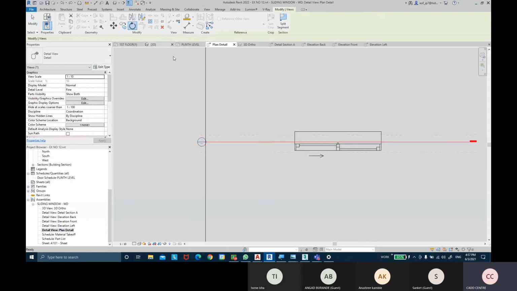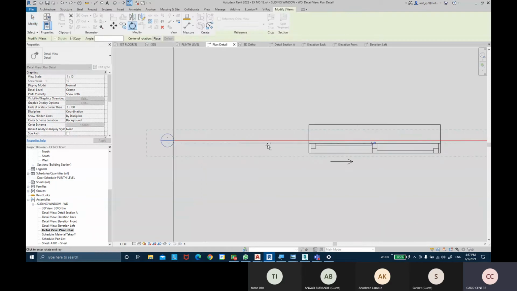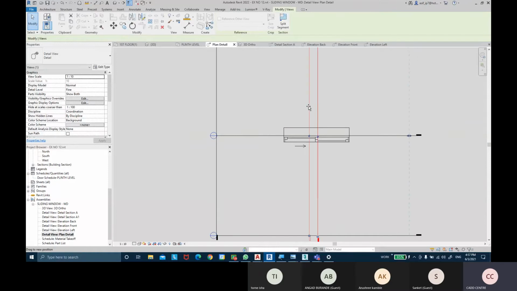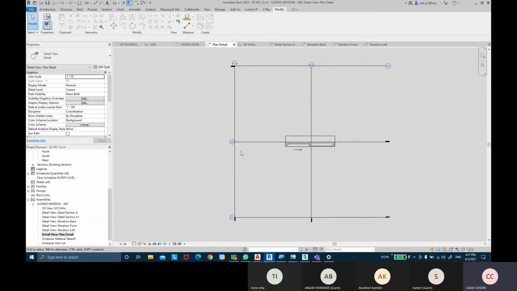Be very careful while rotating. Now this would be coming perfect. Section A. You can bring down these lines a little bit closer.